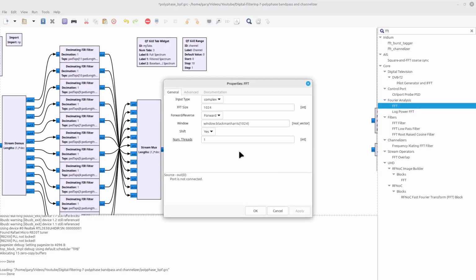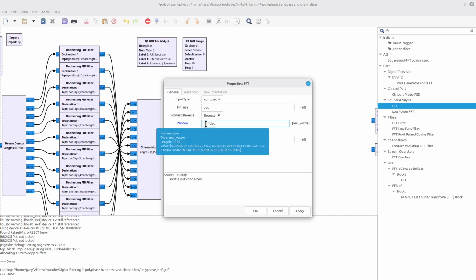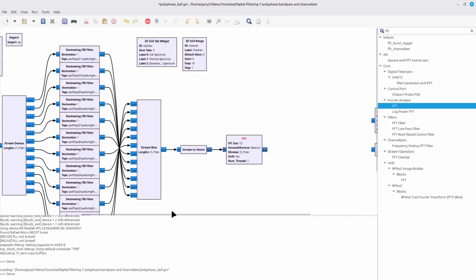The difference is that in this particular case, I'm not using 1024, 2048, 8192. No, I'm just using 12, which is my DEC value. I'm also not doing a forward, I'm doing a reverse FFT. Next part is I am doing a window. I'm just going to normalize the values. I'm going to do open bracket, 1 comma, close bracket, times DEC. That should finish that off. That's now set and ready to go.